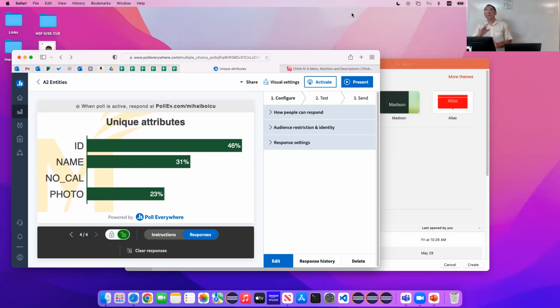Now, it's good that nobody put the number of calories because I can have two menu items with the same number of calories. There is no reason why not. Even if maybe on the page that you saw there are no such things, in principle you can have that. And then the photo also is good because